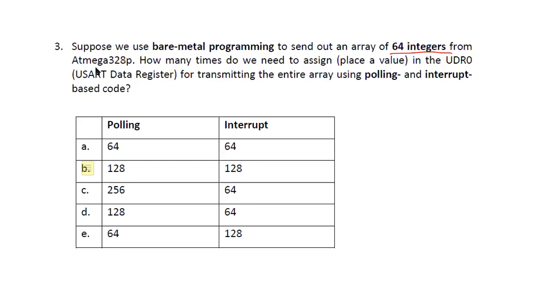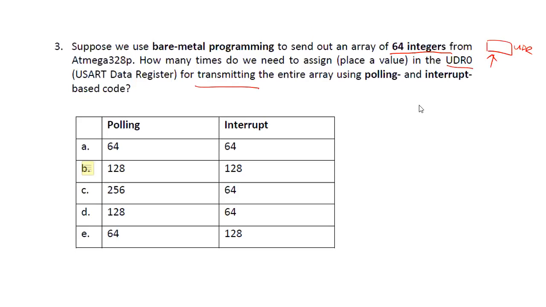all we need to do is write the information to the UDR register. If this is my UDR register, I write the information there, and then it will start to transmit out. The only difference between polling and interrupt is, for polling, I need to keep on checking for the status bit to be set. Then I know that the transmit has completed, and I go on to the next byte. For interrupt, after the transmission is done, the interrupt is generated, and then I will be able to proceed with the next byte or next information that I want to transmit out.